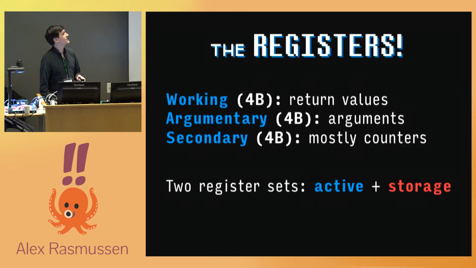EarthBound's register set is very modest. It has 3 of them. There's a 4-byte working register that's usually used for storing return values. There's a 4-byte register, the documentation calls it the argumentary register, that's used to pass arguments. Later on, when you see things that take a hex byte as input, if you set that byte to 0, a lot of these instructions will just read whatever the contents of the argument register are. And then there's a 2-byte secondary register, and that's mostly used for loops, for